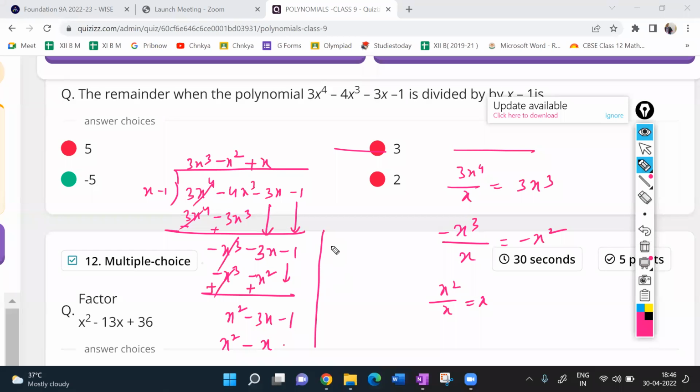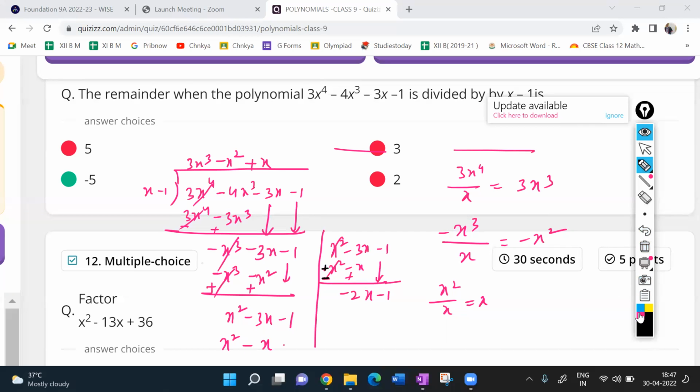Let me continue here. x squared minus 3x minus 1, right, beta? So x squared minus x, subtracting, here we will change the sign. So minus 2x. Sir, you wrote minus x squared down, it should be plus. While changing signs, here we have plus x squared, it becomes minus. Understood my point? We have plus here, it became minus. Okay.